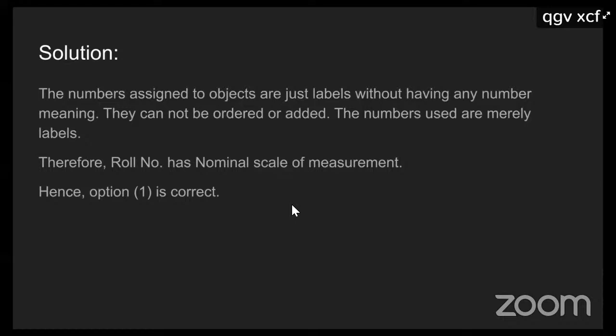First, roll number 1 is of that student, roll number 2 is of that student, roll number 3 of that student. Okay, but you cannot order the roll numbers. I mean, there is no meaning or comparison like roll number 2 student is greater than roll number 1. You can't. And roll number can be alphanumeric.